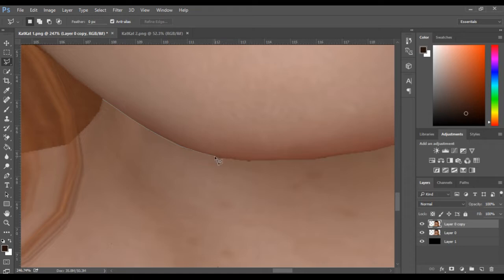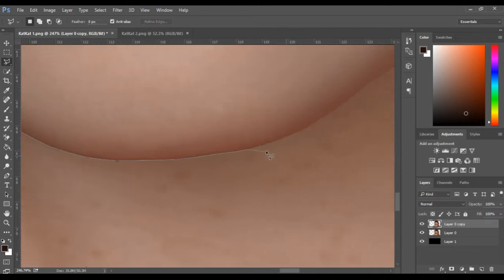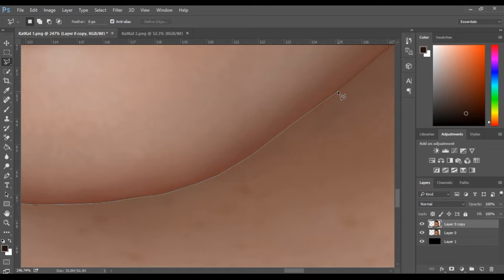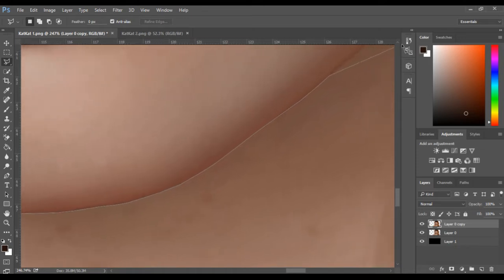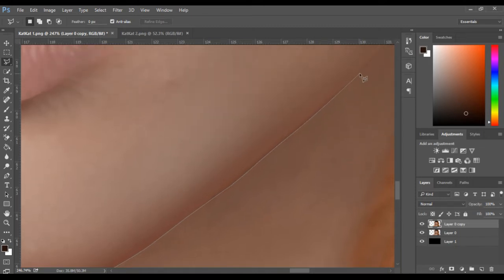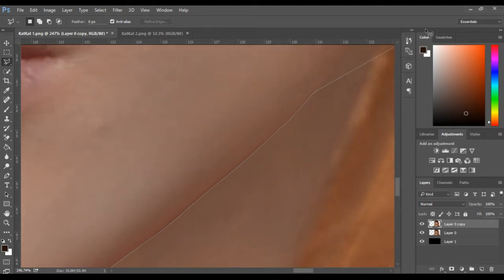There are other ways of selecting. You can use the pen tool, for example, to do this part, but I'm not as experienced on the pen tool. To be totally honest with you, I don't understand it at all. I've tried multiple times. I've seen a few amazing artists use the pen tool to do strands of hair, but I've tried it, I've practiced it, and I don't understand it. So if any of you listening or watching have a simple way to explain it to me, that'd be great. And people have tried as well, so maybe it's just something that I have to practice and try and